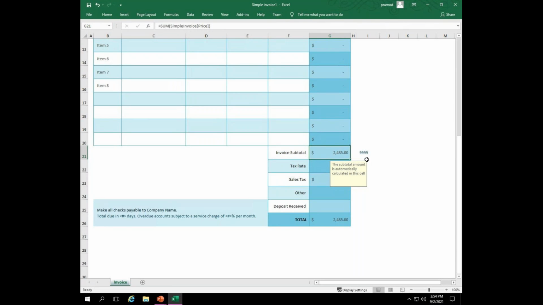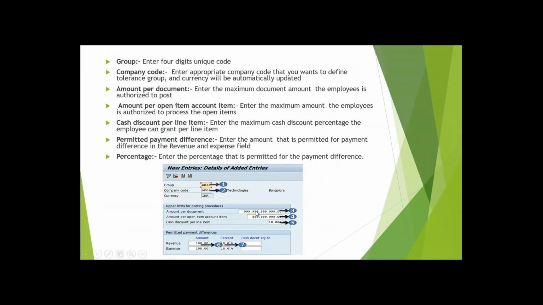Sir, individually we should give the limit for each row? No, no, no. Once you represent here, it is enough. Once you specify here amount per document and amount per line item, it is enough. For any number of transactions, whatever you do, we have limited for the users. So only one number which we give will be the limit for all the transactions. Means users, we can create different users. User 1, user 2, user 3. For the manager, you think of one user. Under him there is an assistant manager. For him I'll create one more user.